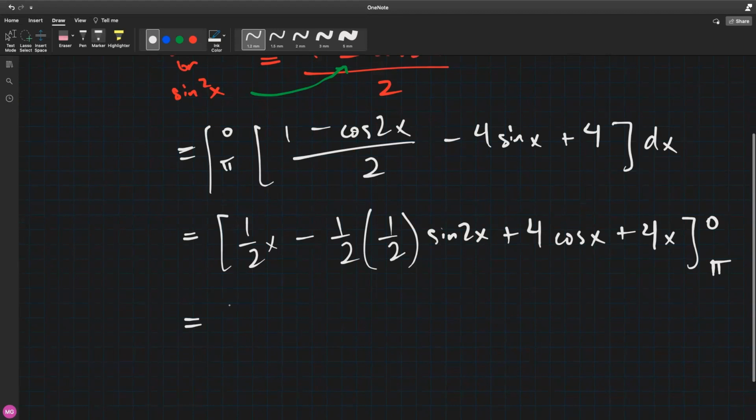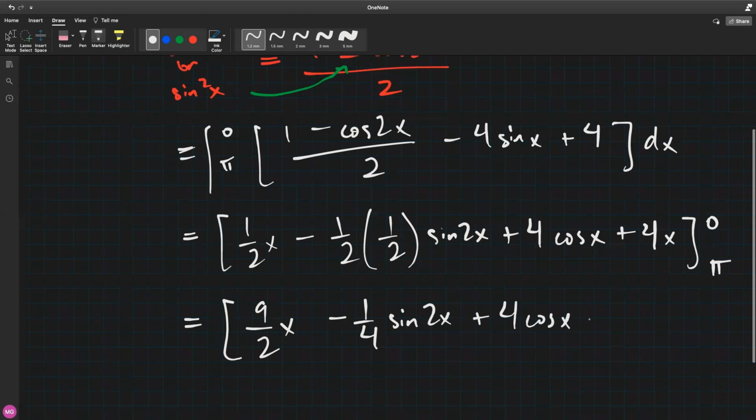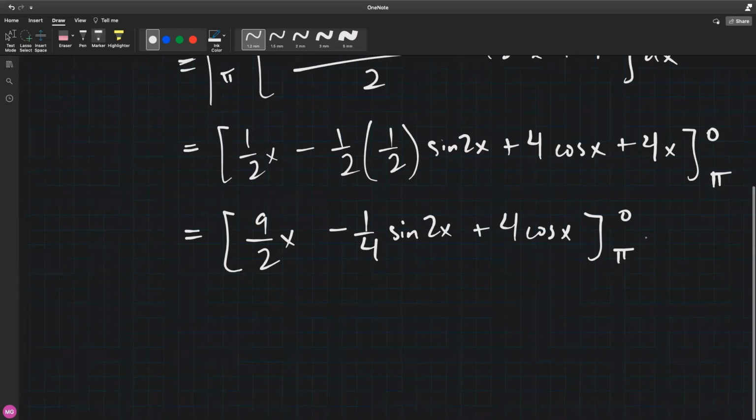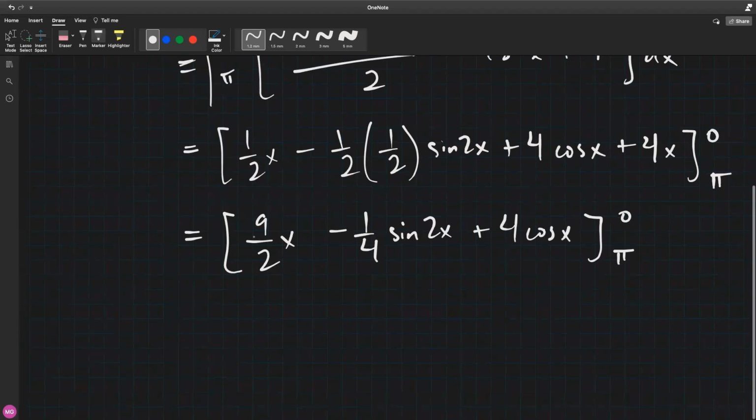And then let's simplify this a bit further. That would just be 9 over 2 x minus 1/4 sine 2x plus 4 cosine x from pi to 0. So substituting 0 inside our expression here, that would just be 0. Sine of 0 would just be 0. And cosine of 0 would just be 1. So that would be just 4